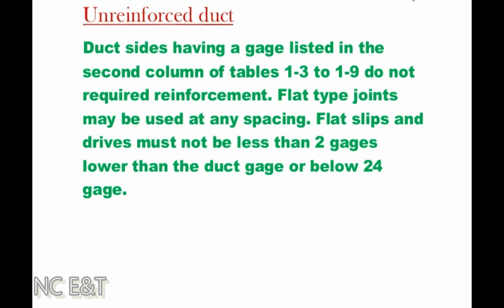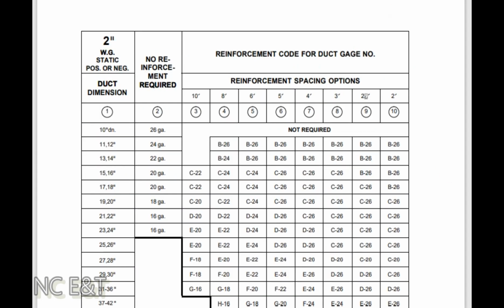Duct construction can be classified in two types, with reinforcement and without reinforcement. Let us see duct construction without reinforcement first. Ducts having a gauge listed in the second column of tables 1-3 to 1-9 do not need reinforcement. Flat type joints may be used at any spacing. Flat slips and drives must not be less than 2 gauges lower than the gauge of the duct or below 24 gauge. For example, for a duct